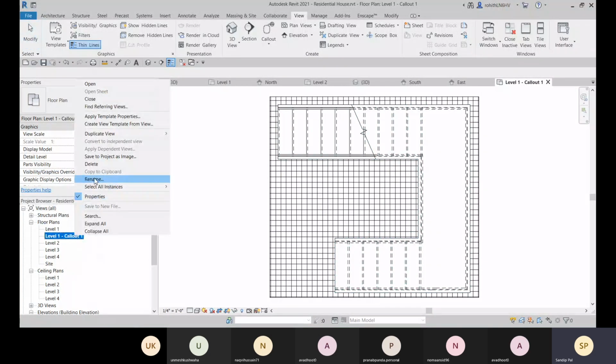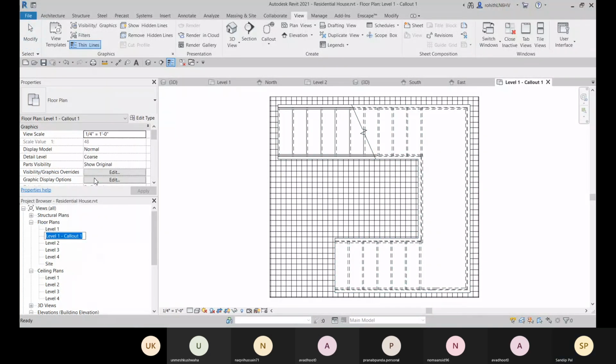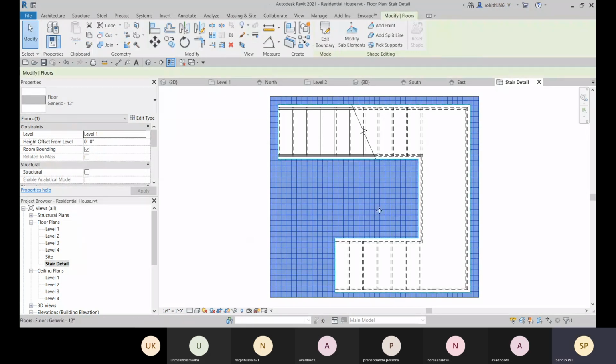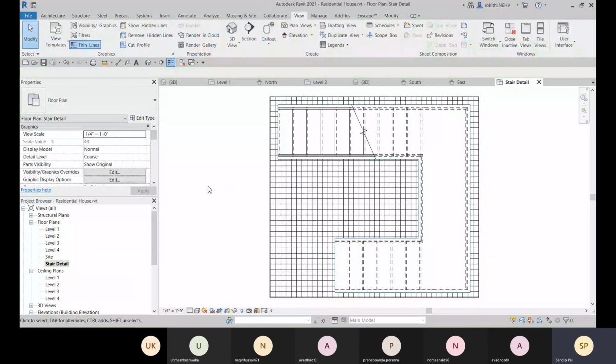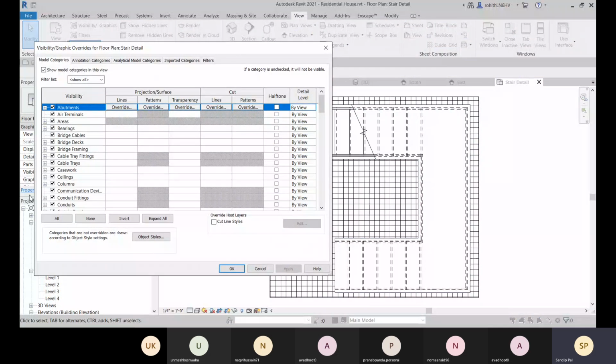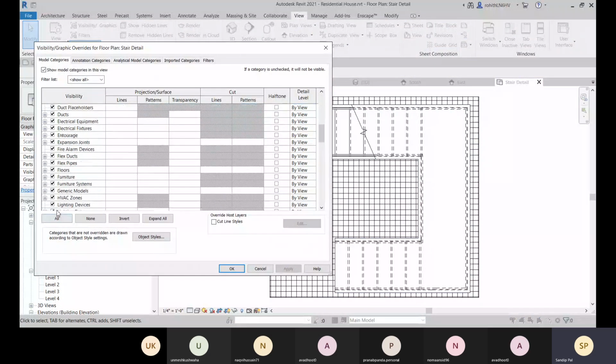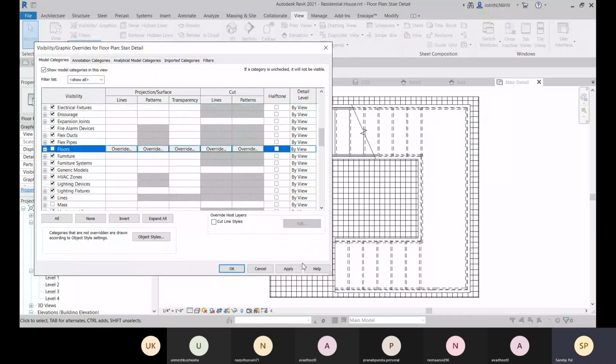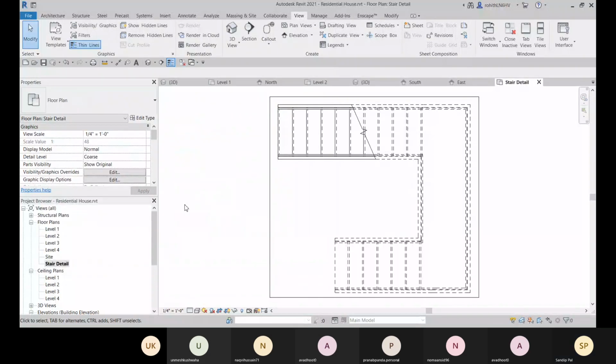You can rename this like stair detail, and here you can place all the details. You can just hide this floor, or within this view you can go to visibility graphics and uncheck this floor option, so it will not be visible here.